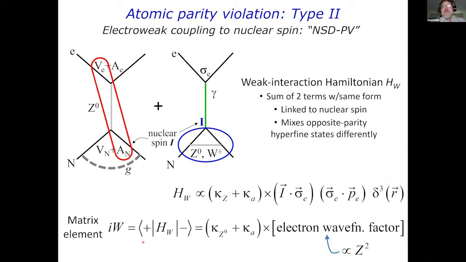It's also worth pointing out this electron wave function factor scales with the charge of the nucleus, Z squared. So the effect is much bigger for heavier systems. But of these two coupling terms, the nuclear anapole moment effect also grows rapidly with the nuclear charge. So if you're interested in this first term, which is arguably more fundamental, then you have to be able to measure very light systems so that this term does not dominate. But if you measure heavier systems, you'll learn about these nuclear anapole moment couplings.